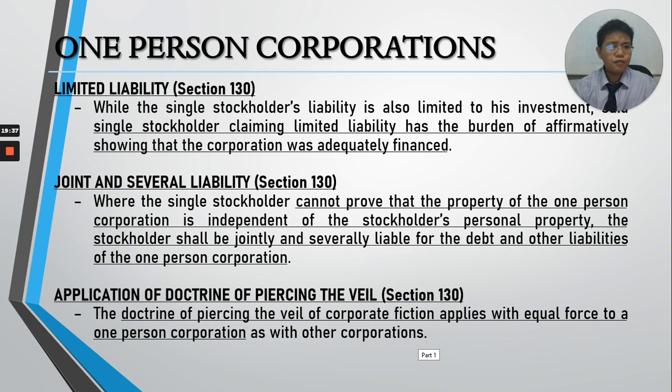So, dito na naman pumapasok yung application ng doctrine of piercing the veil. Kasi nga naman, if obviously yung one-person corporation tsaka yung single stockholder, parang hindi naman talaga finance yung one-person corporation or yung properties ng one-person corporation, wala naman talaga. Yung property lang, personal na properties lang talaga ng single stockholder. Magkakaroon ng piercing the veil because the same rule applies. So, magkakaroon na ng solidary liability between the one-person corporation and the single stockholder. Bakit? Kasi you cannot prove na magkahiwalay talaga yung properties niyan and that it is sufficient, the one-person corporation is